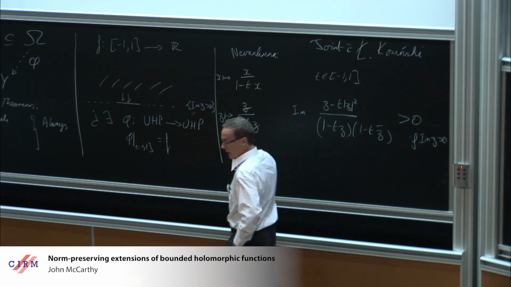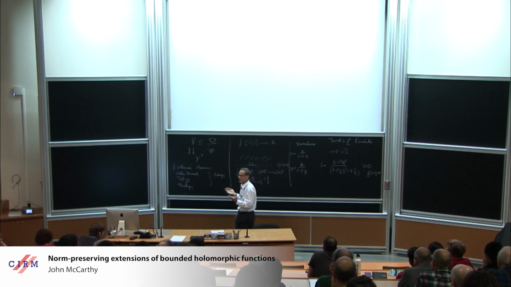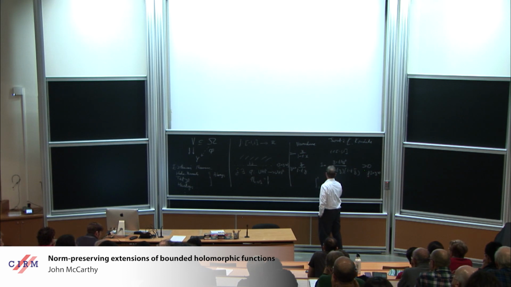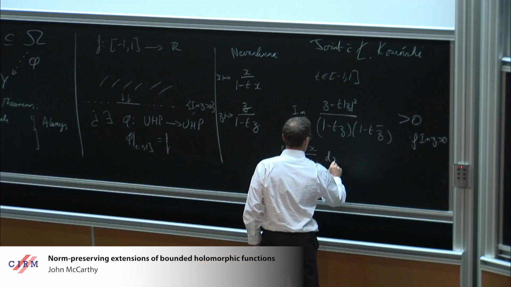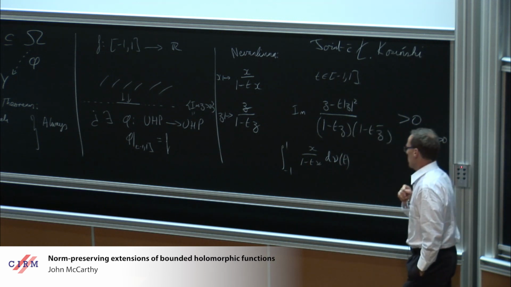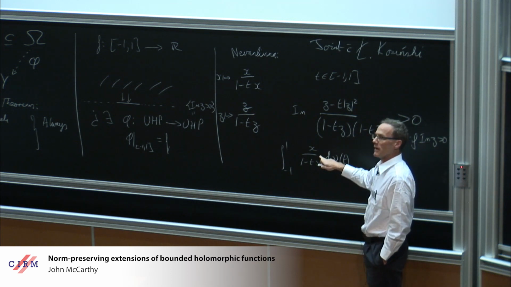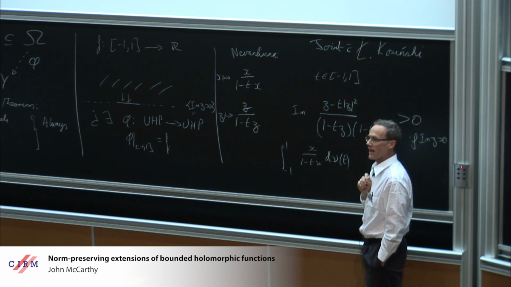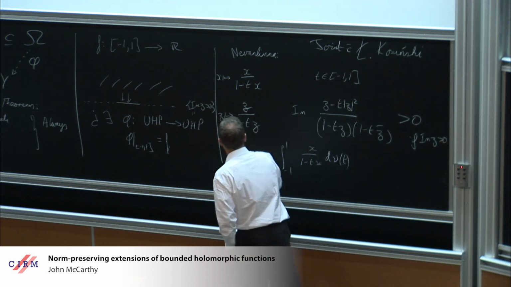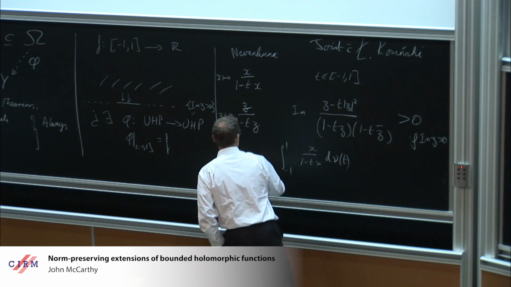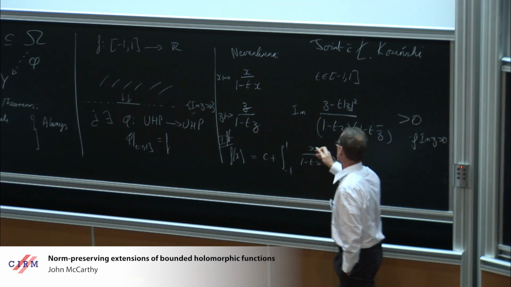And if I take any convex combination of these functions, they're still going to be holomorphic, and since the upper half plane is convex, it's still going to map into the upper half plane. So if I take some integral from -1 to 1 with respect to some positive measure, this will have an extension to the upper half plane. I just make the brilliant substitution. I replace x by z. And that's Nevanlinna's answer. You get such a thing if and only if f has the form this plus some constant.